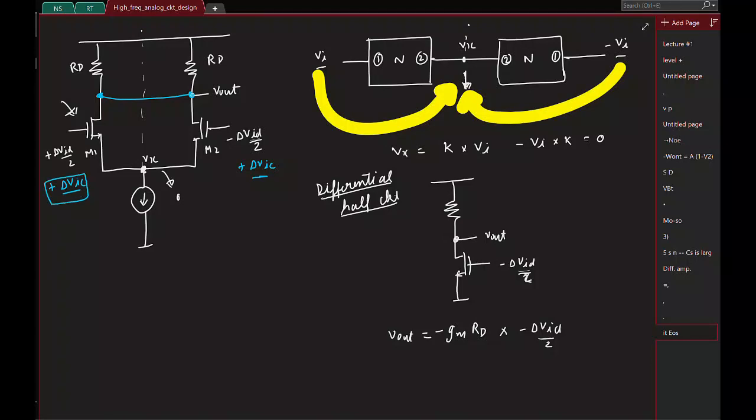The input we apply is delta VIC and plus delta VIC, the same input. We are applying the same input, so that's why both of them are at the same potential. So which means basically I can short them, nothing is going to change in the world. So which means the circuit now reduces to this, where I have a resistor RD by 2,